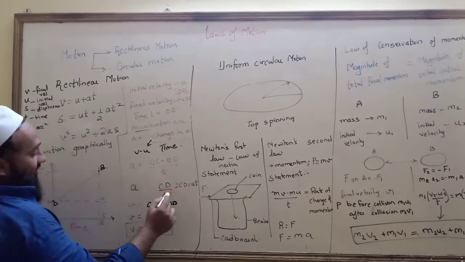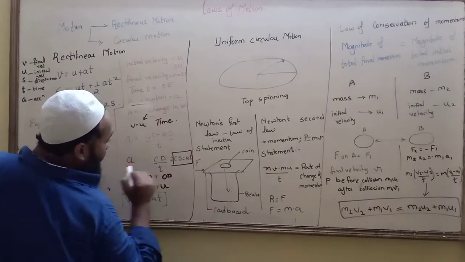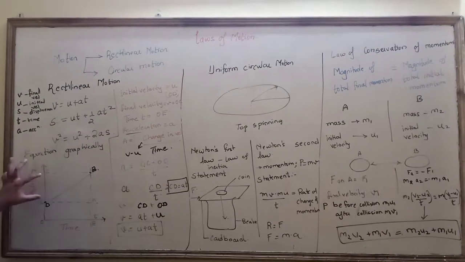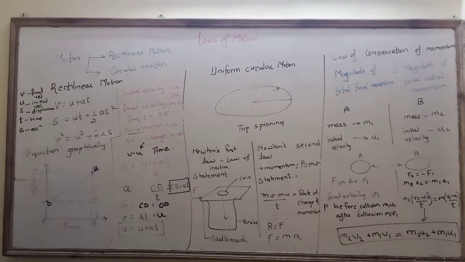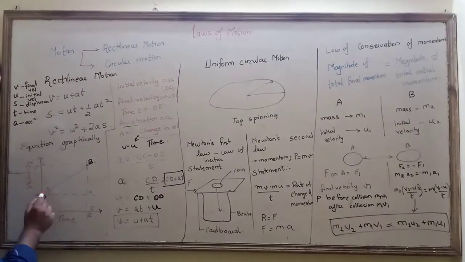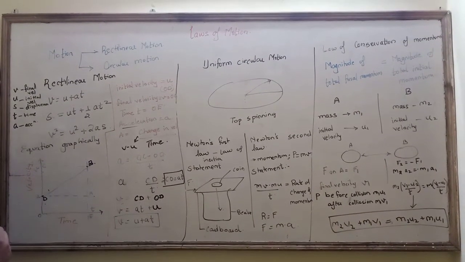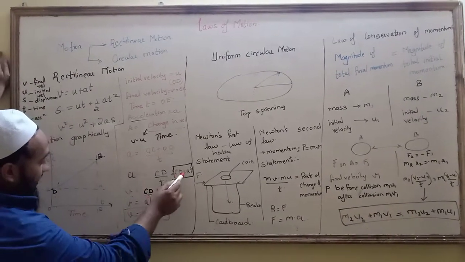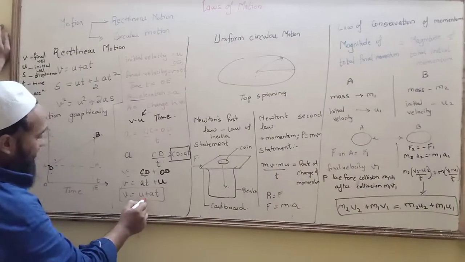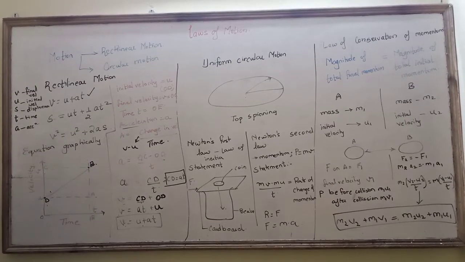If you take t, it is dividing. If it goes over here, it will become multiplication. So CD is equal to at. Now v can also be written as CD plus OD, and CD is what? It is at. So it can be written as at plus u. v is equal to u plus at. This is the first equation of rectilinear motion proved graphically.